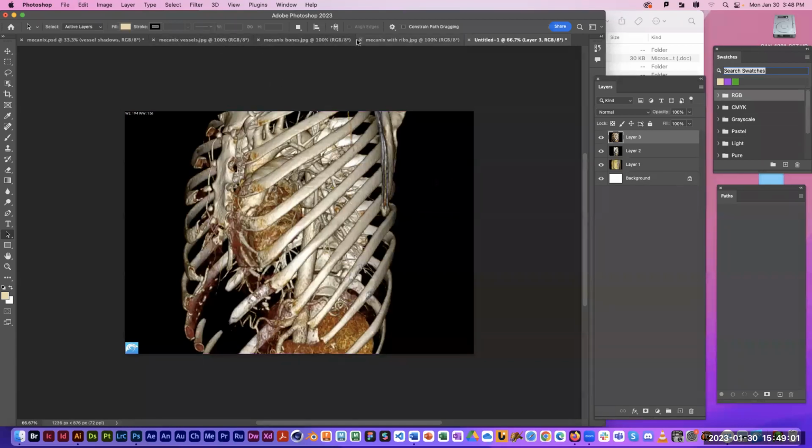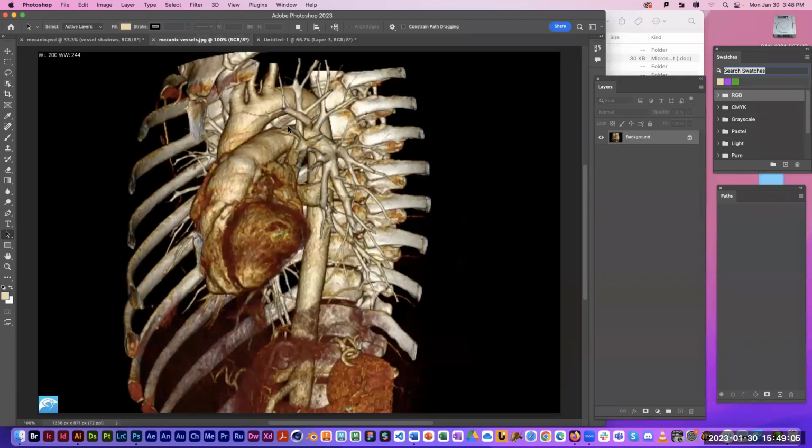And then what did I leave out? Bones, and then I think I need the vessels layer. So select all, Command A, copy, Command C,